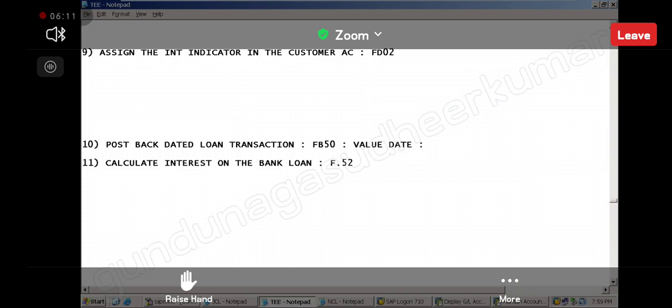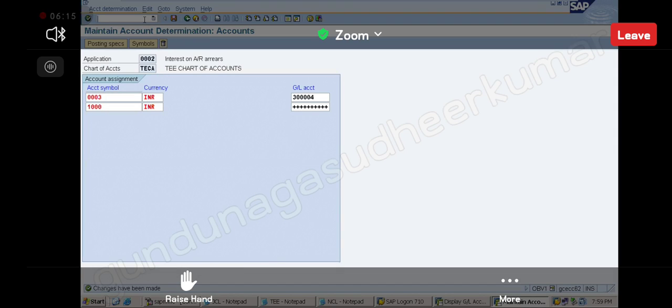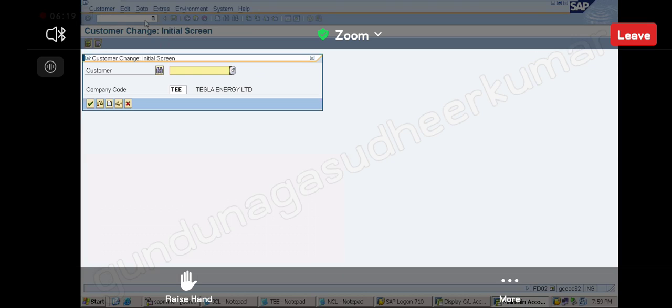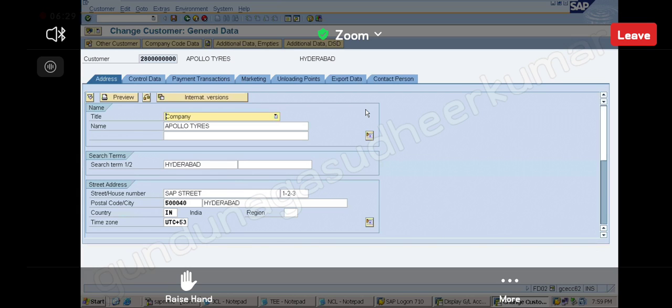So now here what is the indicator? T2. So I will go like this, go to FD02. Okay, now correct. Press enter. Okay, note down everybody. Again background noise is coming up.